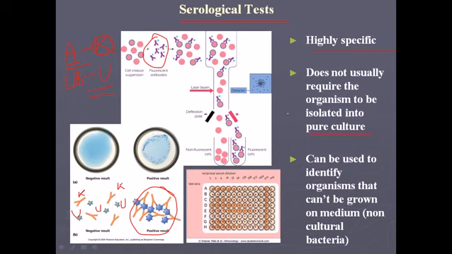because we can just make a culture, make a suspension, and then use it. Because the test is specific, the other debris present will not interfere with the antigen antibody interaction. Okay, so it can be used to identify between some of the bacteria which cannot be grown on a medium. So in the case of non-cultured bacteria, we can use this kind of test. But the drawback is we can only do it at the level